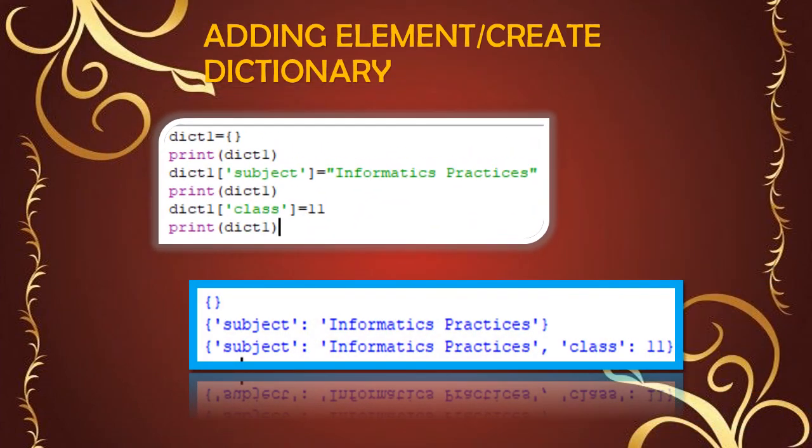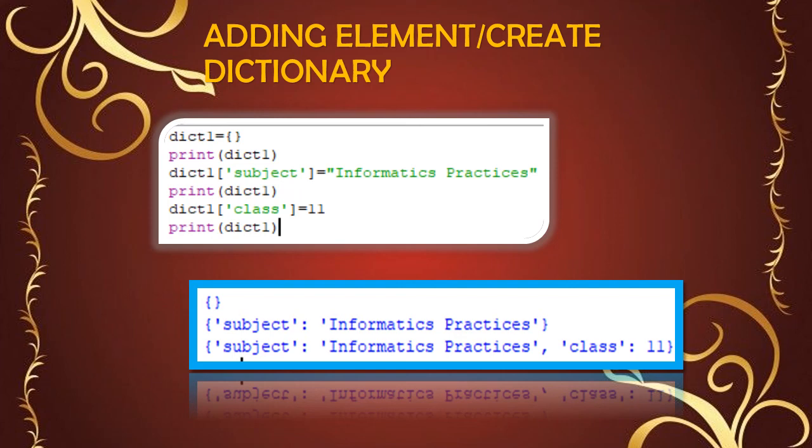At last, we are going to see how to add elements to a dictionary. So here, first dictionary 1 equal to empty curly braces is given. That means there are no elements in the dictionary. So if we print, it will show empty curly braces.